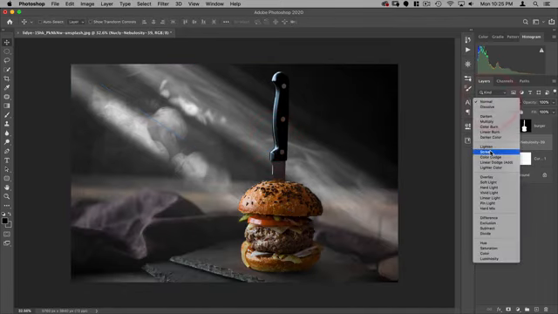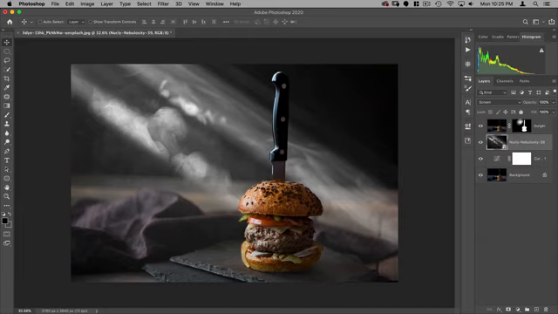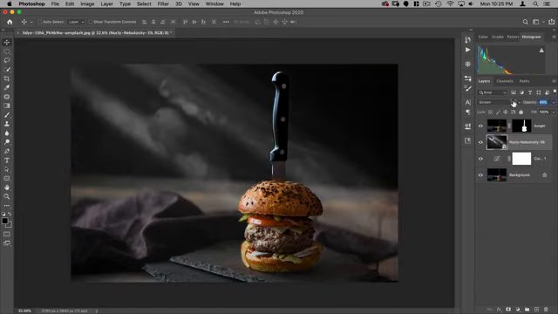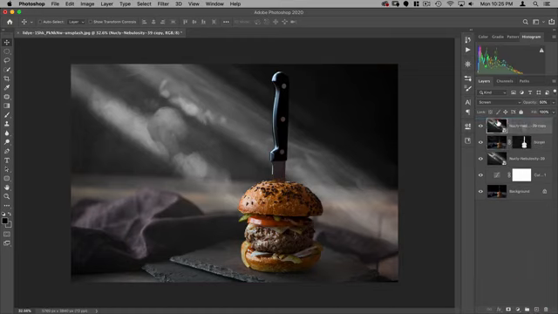I'm going to put this on screen, and I'm going to change the opacity to 50%. Just like that. And then I'm going to make a copy of this and put it in front of. So now it's 50% of the rays are in front and 50% of the rays are in the back, and I kind of like that.